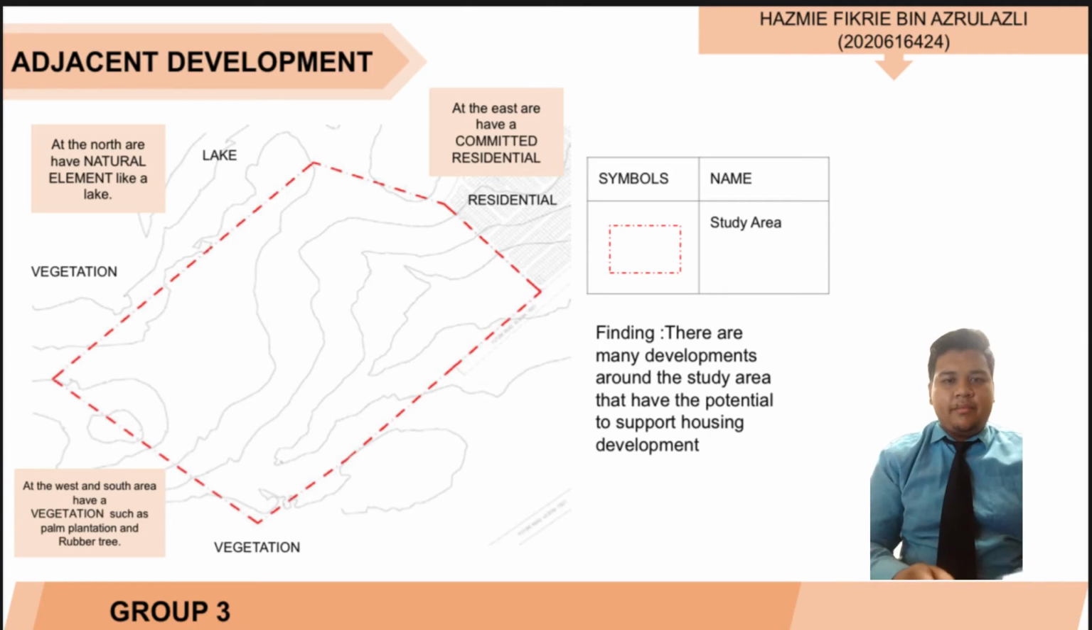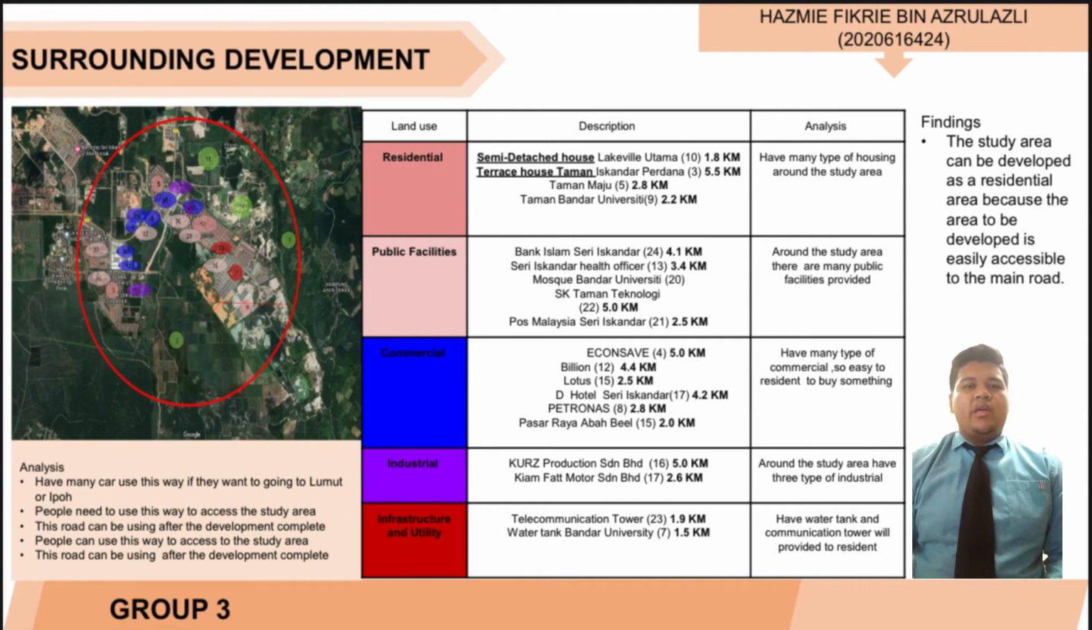Surrounding development. In a radius of 5 km, we have many types of land use. The light pink color represents the residential area, while the bright pink color represents public facilities. Next, the blue color represents the commercial area. The purple color represents the industry area. And finally, the red color represents infrastructure and utility. The finding for this analysis is the study area can be developed as a housing area because in the surrounding there are already residents living. In addition, there are various facilities built around 5